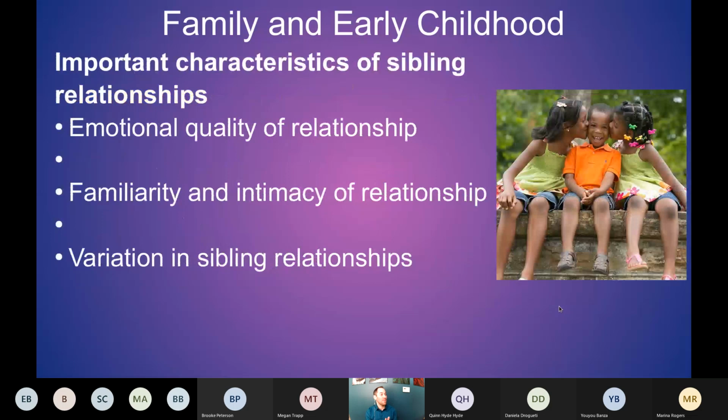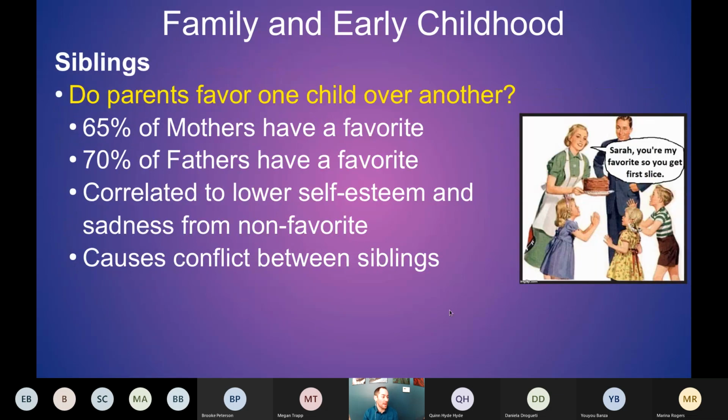All right, so with that being said, the emotional quality of the relationship and these importances of sibling relationships extend into adulthood as well. Yeah, when you're not the favorite, it does suck for sure. And